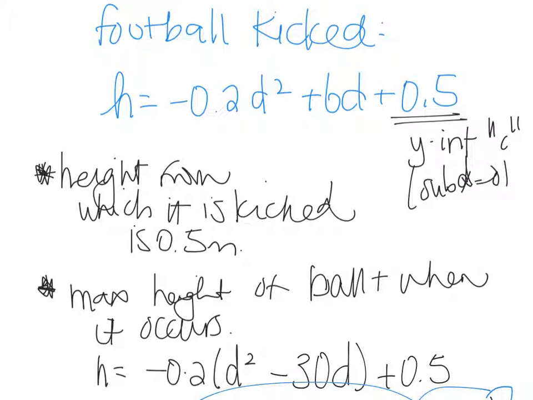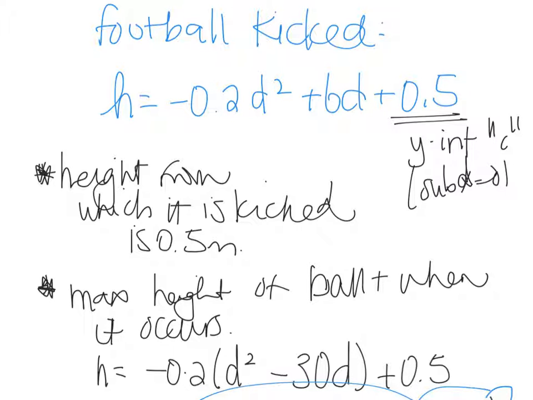Remember, please, please multiply the number in front of your brackets by that negative product that you've added into the equation. So 225 has to be multiplied by 0.2 before it goes outside the brackets. Negative times a negative is a positive 45. And if you add the 0.5, you get 45.5. So if we were asked for the maximum height, this right here is the maximum height,